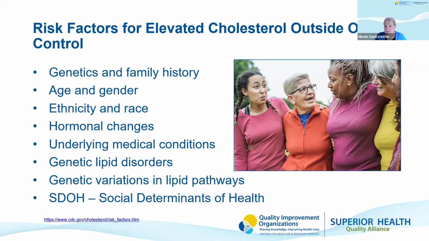And social determinants of health can also influence various aspects of an individual's life, including their access to resources, opportunities, and living conditions. Several factors related to SDOH can contribute to high cholesterol levels and consequently an increased risk of cardiovascular disease. So on our next slide, we're going to talk a little bit about the risk factors that are within a person's control. But I'm wondering if you all could enter in the chat what you think some of those are, and then we'll review.